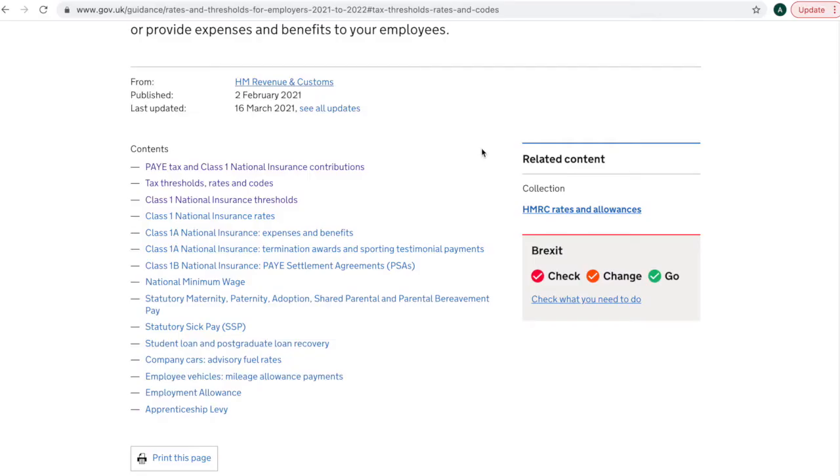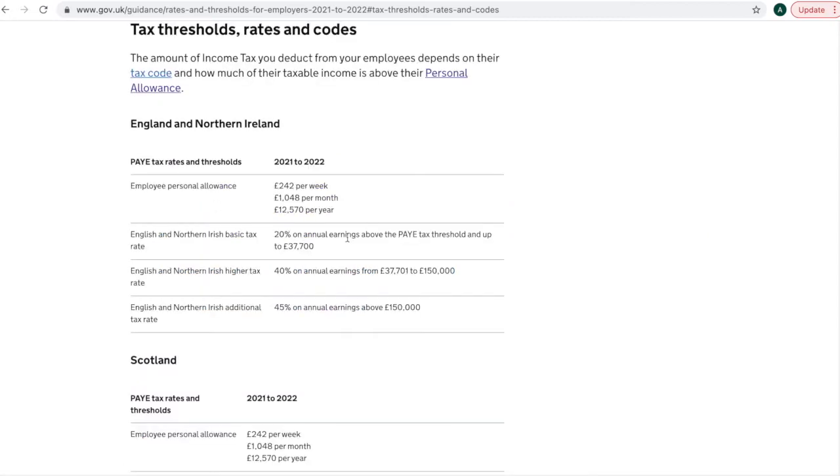To find the current year's tax thresholds, rates and codes, we must come over to the government.uk site. Click on the tax thresholds and we can see it's broken down into this table. But what does this table actually mean? Here we have the first row. This is the personal allowance. Rishi Sunak has set it this year to be